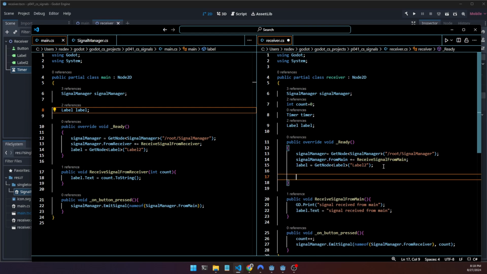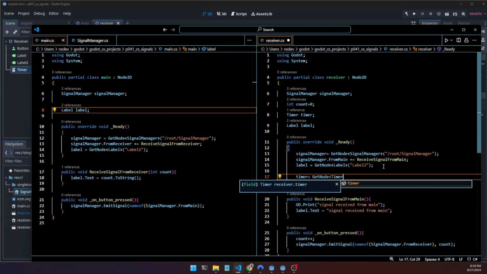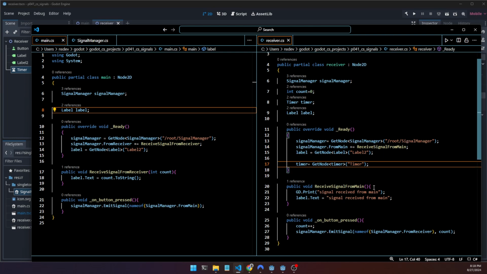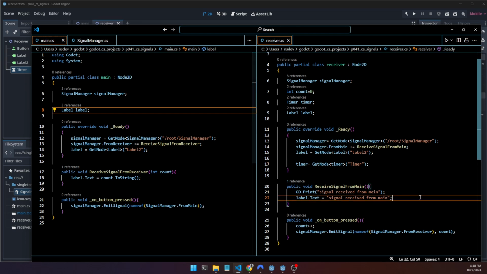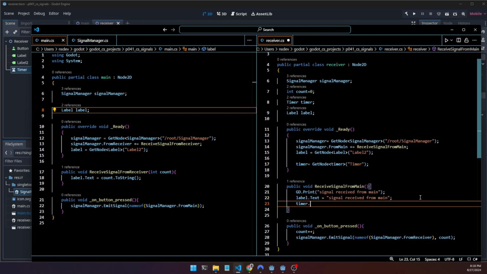We have to get the node. Timer will be equal to get node timer, and from path, because it is directly under the receiver node, it will just be the first path. And when you receive the signal, the timer will start,